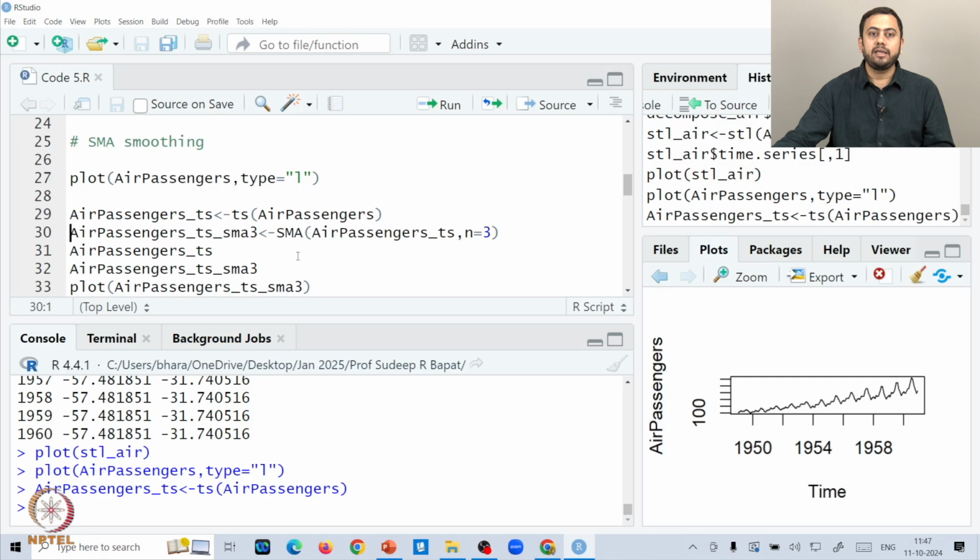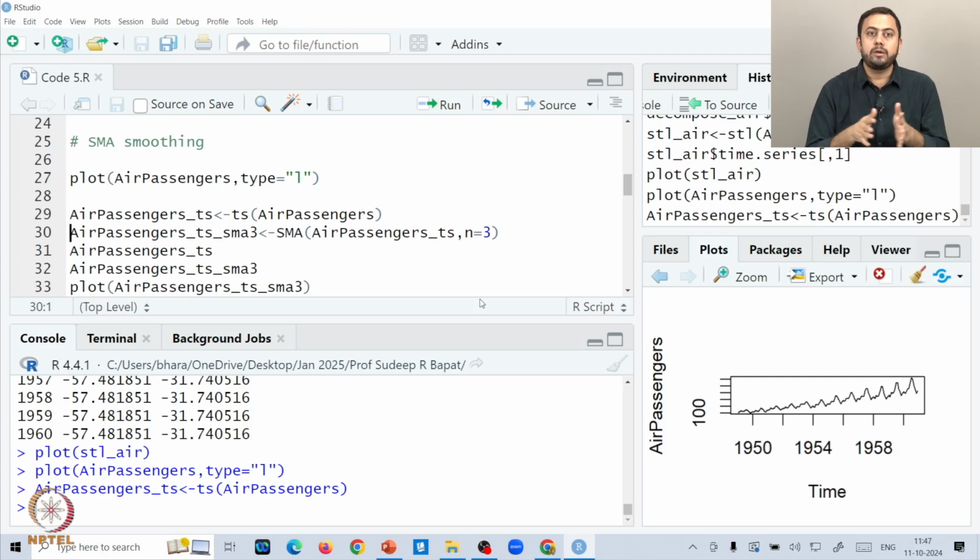Can you see that? SMA stands for simple moving average. And what is the order of that? If you go back a couple of sessions in this week, you should always remember that any SMA or any exponential moving average has some order, and we've discussed that also. So the idea is to play around with the order. Can you change the order, and which order gives you the best fit? This should be the ultimate goal, isn't it?